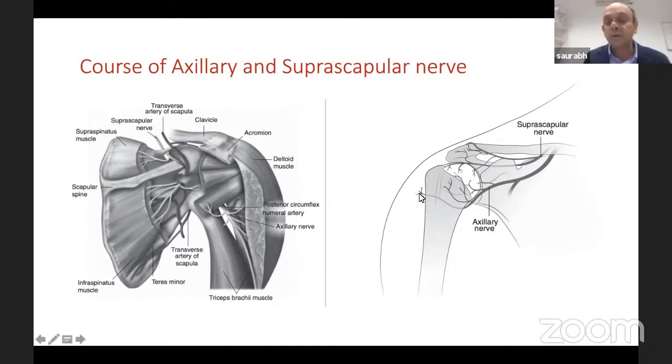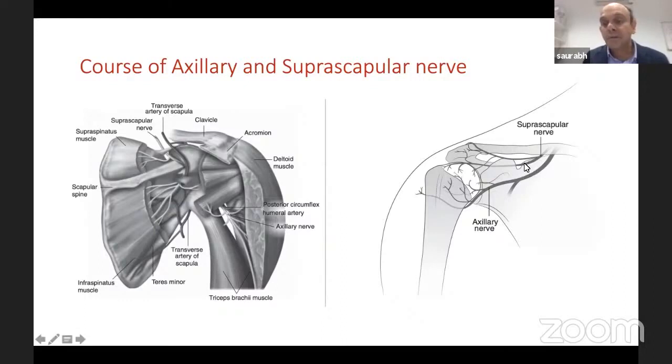Then as the nerve moves lateral, we all know it's roughly 5 centimeters from the tip of acromion, but the range is from 3.75 to let's say 6 or 7 centimeters. So again, if your lateral portal, because we saw there are so many lateral portals which you can use and utilize for your cuff repair work. So if your lateral portal is too low, you can damage the nerve. And similarly in the front, with your front portals, again, if they're too low, if they're anteroinferior, nerve is in danger. So important to know the anatomy and where to put your portals.